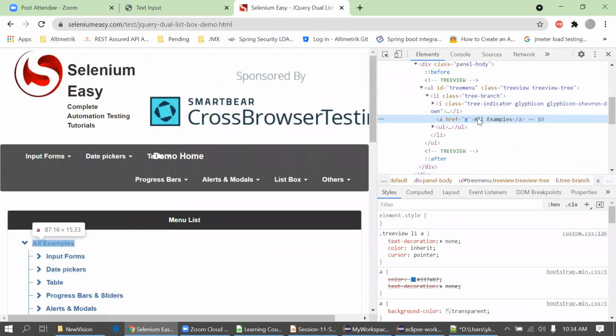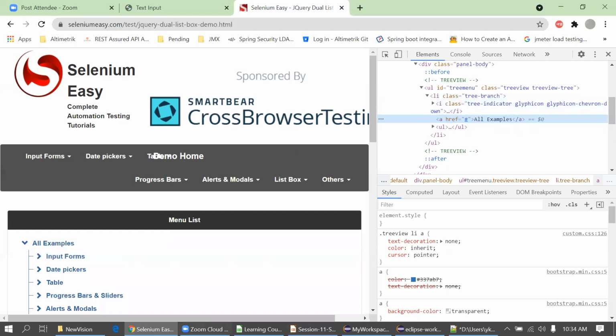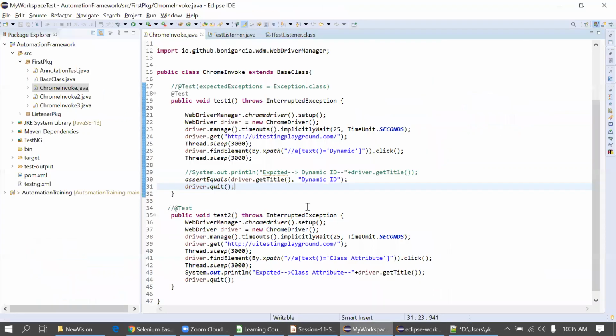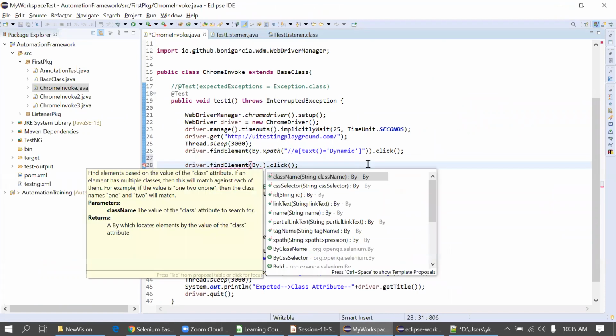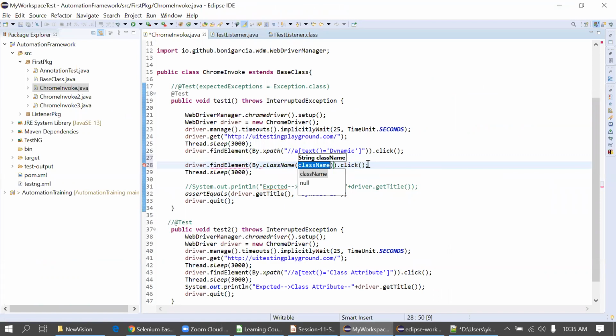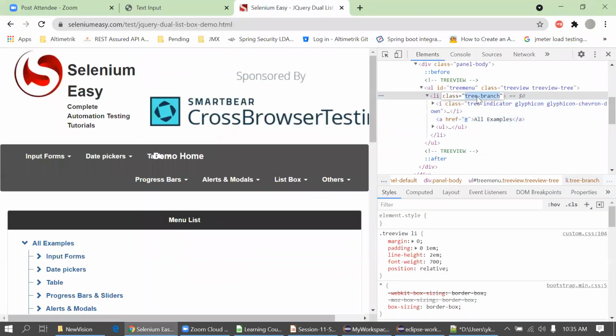Okay, here we are seeing the text, so we have to create the locator by XPath only in this case. So here we can create by using this class name. While we are writing the locator for this, we simply go here. I will write code here, suppose By, you can see class name, and in double quotes I will pass the class name, this one, tree branch.